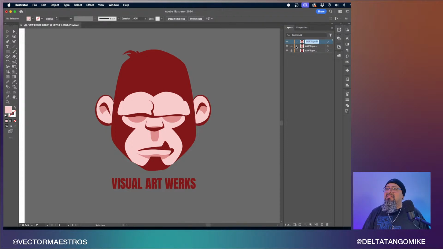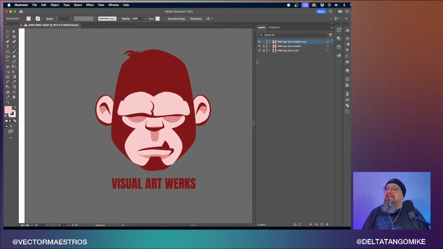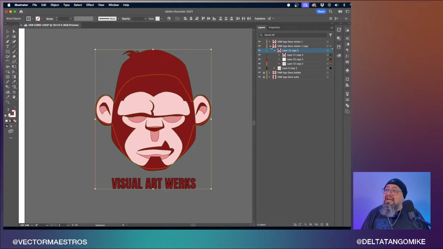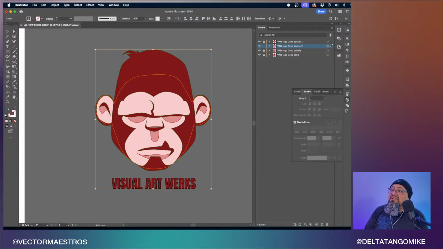All right, so now we have this. We're gonna call this, as a matter of fact, let's name it. This is called Daniel logo, V8 logo Daniel sticker, Sticker 1. All right, that's it. Now I'm gonna duplicate that layer. So option, click, and drag, and now I have 2. You see, I have a second one. So this is called 1 copy, and we're gonna change the name to 2. Got it. Now the number 2, we're gonna select it, go into our stroke,